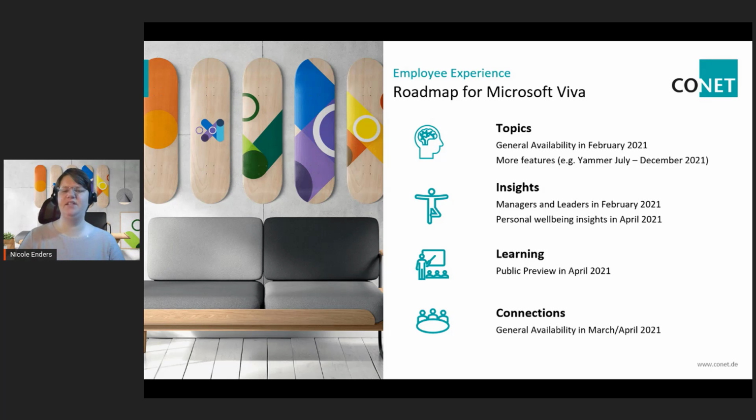There will be updates for, I would say, nearly the whole year. So there are some features which are scheduled for July. Other features are scheduled for December this year. Have a look at the Microsoft roadmap to see what's going on there.